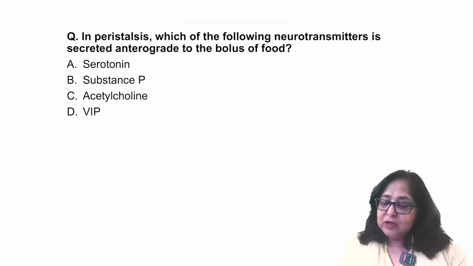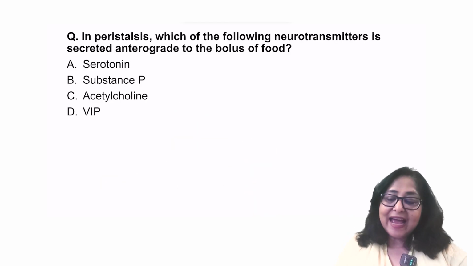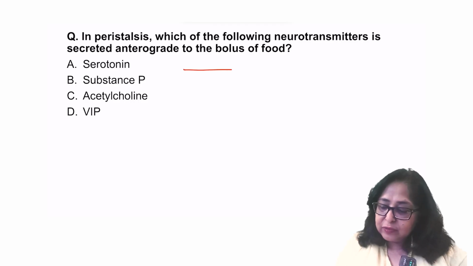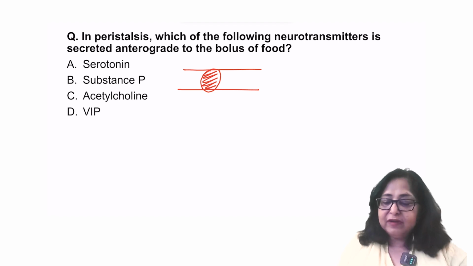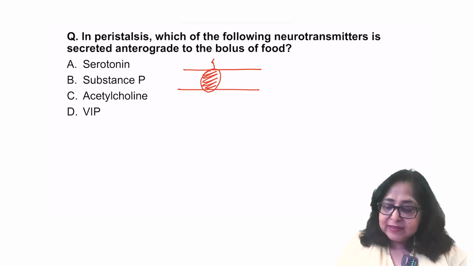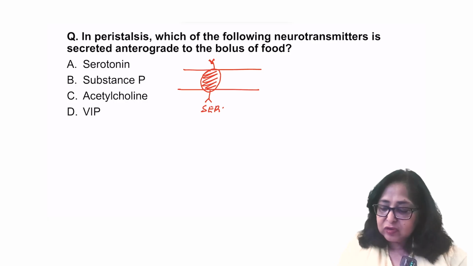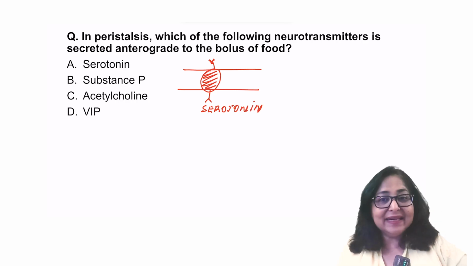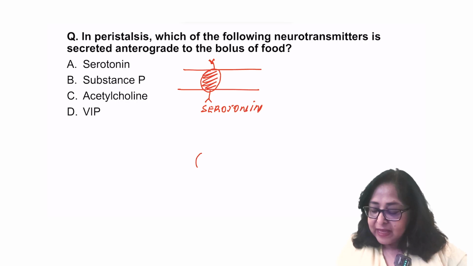In peristalsis, which of the following neurotransmitters is secreted anterograde to the bolus of food? So if this is a bolus of food which is present, when food is present in the small intestine, it will stimulate the sensory neurons. Sensory neurons will secrete serotonin. And these will act on the local myenteric plexus neurons. Now, these local myenteric plexus neurons,